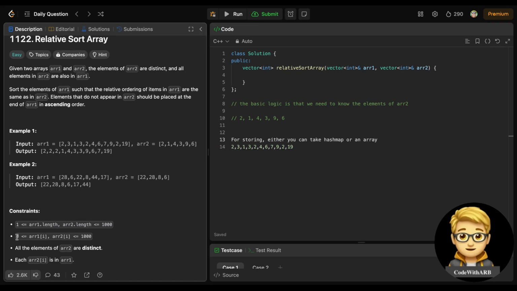Why can we take an array? If you see the constraints here, the elements of array 1 can be from 0 to 1000. So we can simply make an array of 1000 elements, right? We can store up to 1000 elements in the array. So either you can take a hash map or an array for counting the occurrences of elements present in the array. Okay, let's count it. If we count starting from 2,